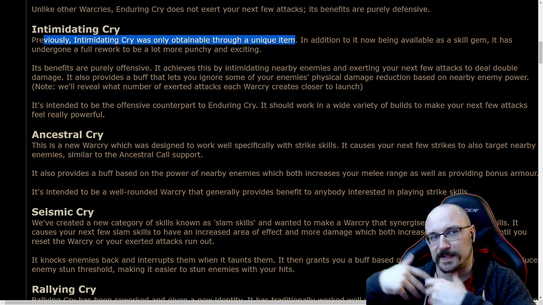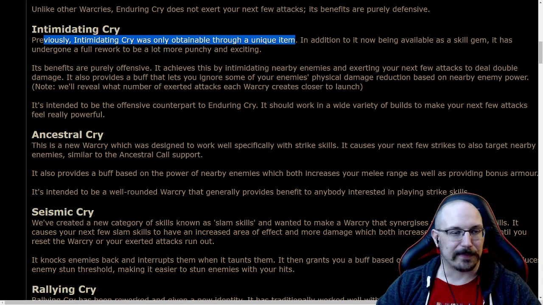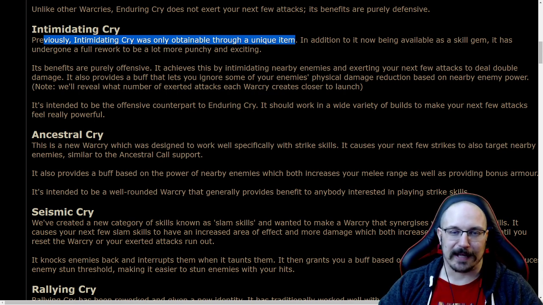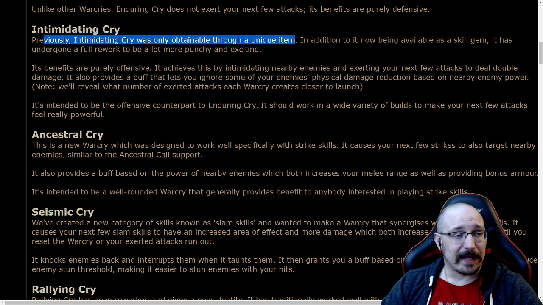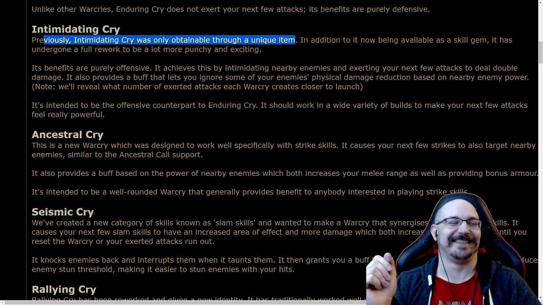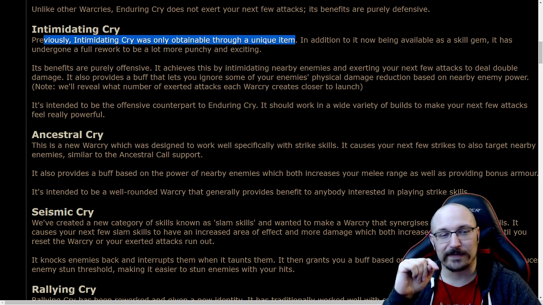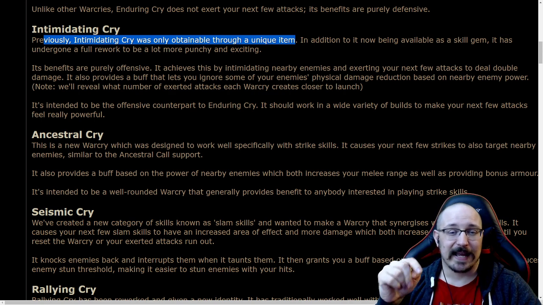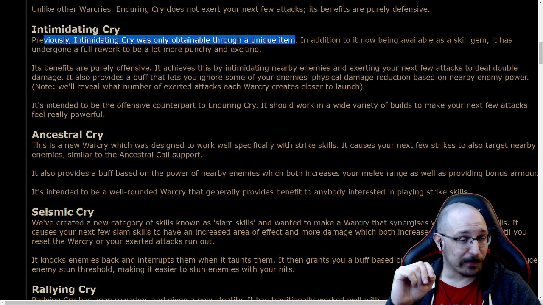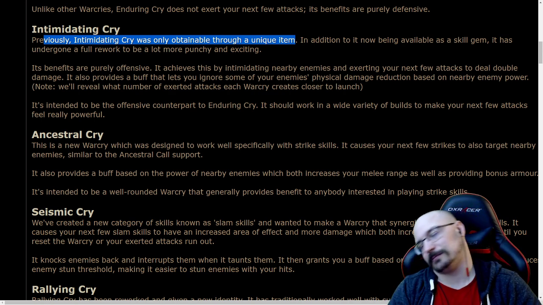You also weren't seeing the Berserker stuff kicking off from that, so overall it was kind of bad. In addition to it now being available as a skill gem, though, it has undergone a full rework to be a lot more punchy and exciting. Does that mean it'll be good with Hollow Palm? Its benefits are purely offensive. It achieves this by intimidating nearby enemies and exerting your next few attacks to deal double damage. It also provides a buff that lets you ignore some of the enemy's physical...